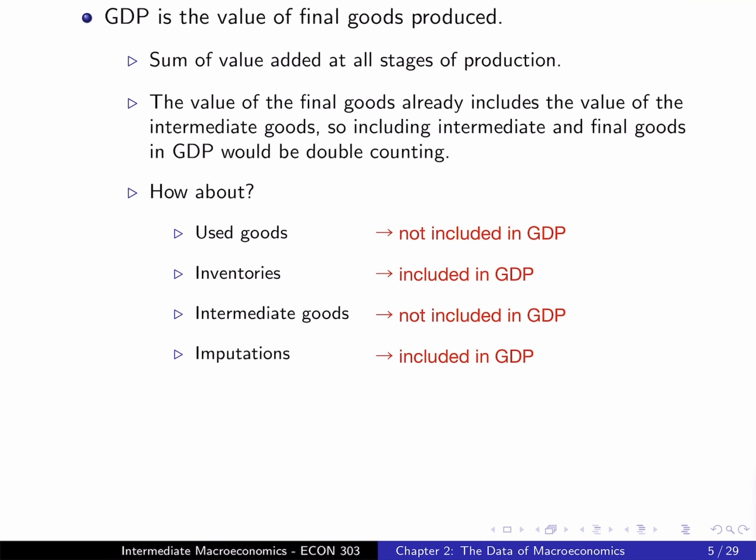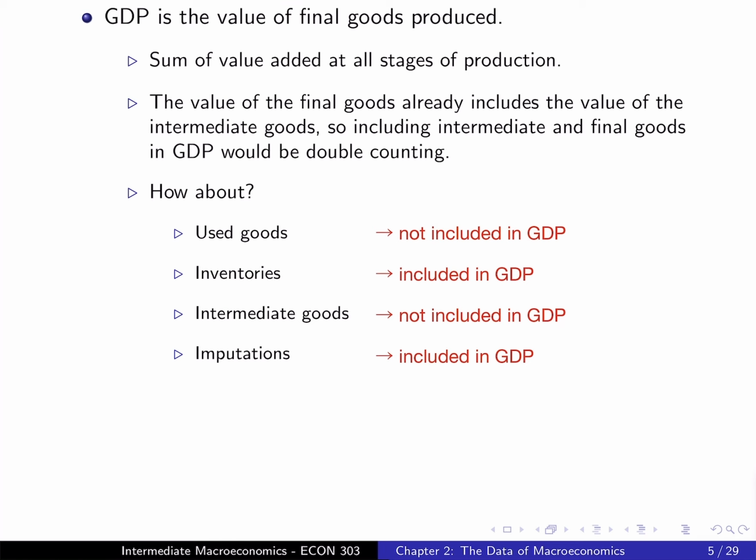Let's now clarify what exactly counts in GDP. GDP is the value of all final goods and services produced within a country during a specific period. We calculate GDP as the sum of value added at all stages of production. This is important because the value of final goods already includes the value of all intermediate goods used to produce them. If we counted both intermediate and final goods, we would be double counting, which would overstate the true value